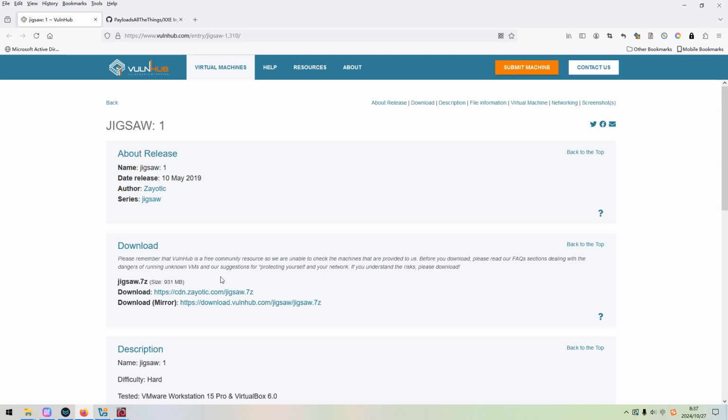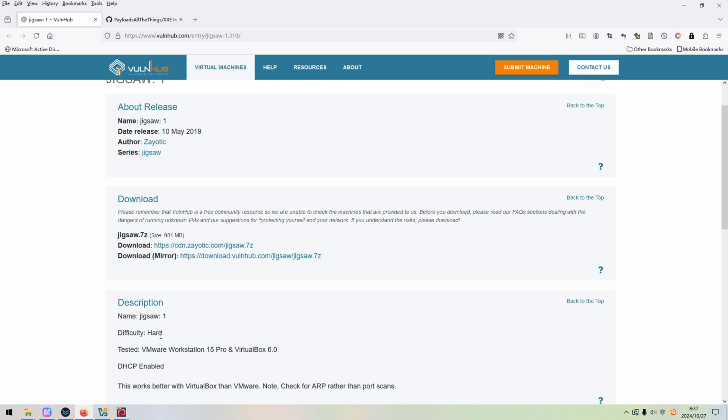Friends, welcome back with another mission on the Vulnhub, which is Jigsaw 1. The link will be put into the description section below so that you can download and play the machine if you want to. From my point of view, this machine is very hard. Maybe double very. Even I'm not talking about the most difficult part of buffer overflow attack. I think you will know what I mean afterwards when we get there.